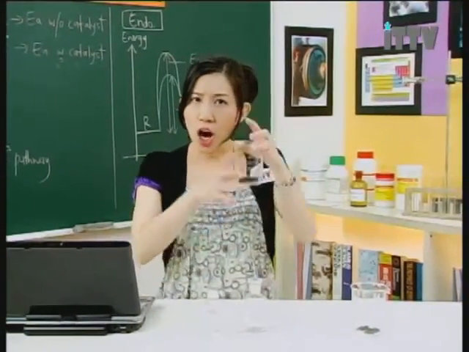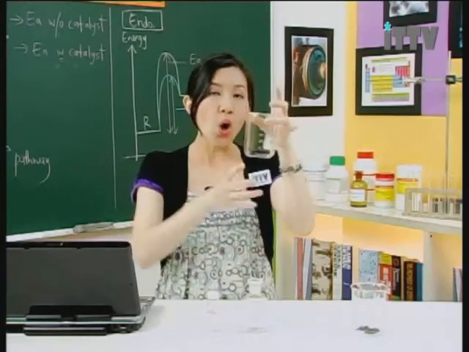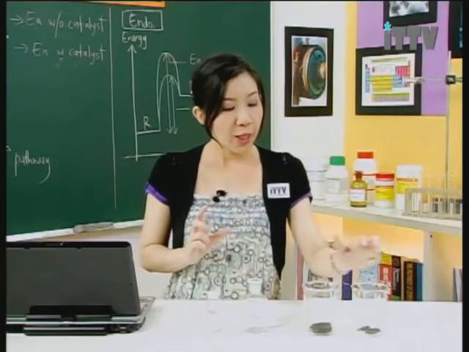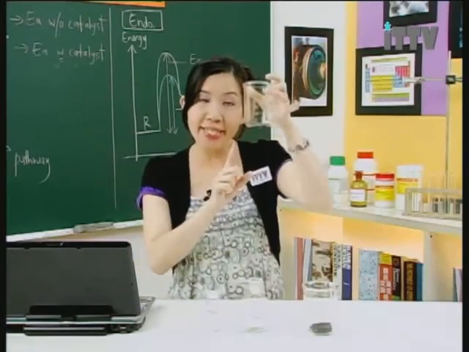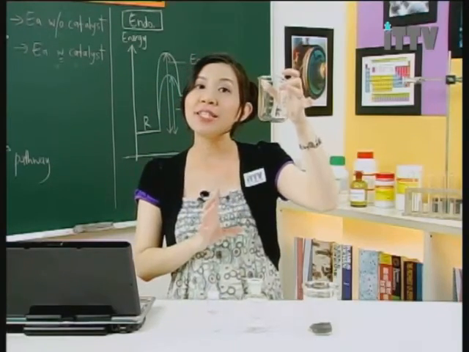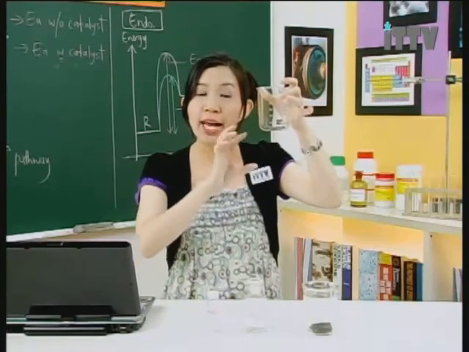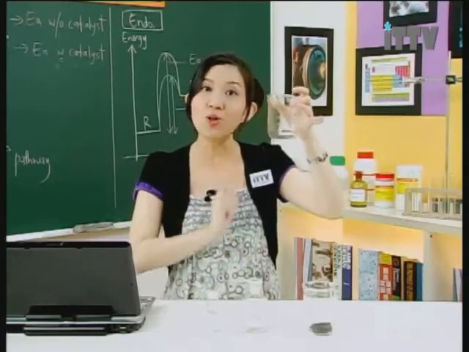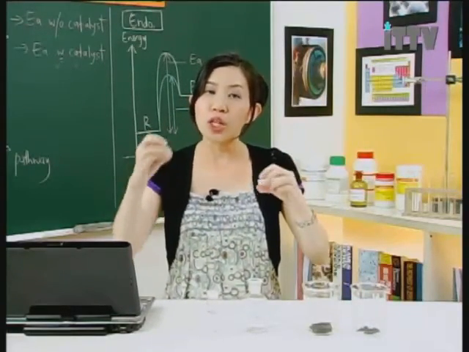When we have a large piece of charcoal, total surface area is low, so the rate of reaction would also be low. But when we cut up the charcoal into smaller pieces, it means bigger total surface area. Bigger total surface area means higher rate of reaction. So this means that food can cook faster. Meat and barbecue can actually cook faster using smaller pieces of charcoal compared to large pieces of charcoal with smaller